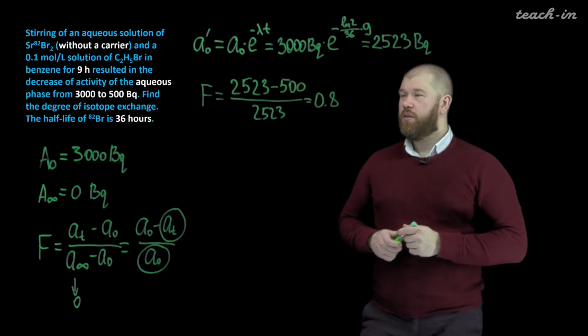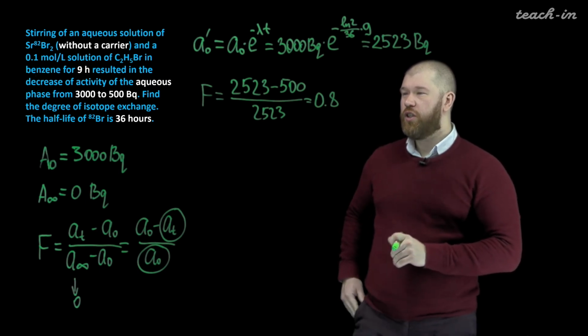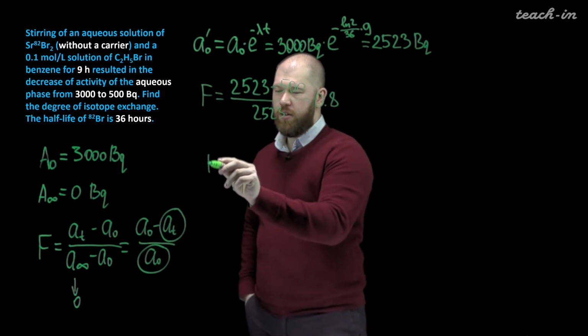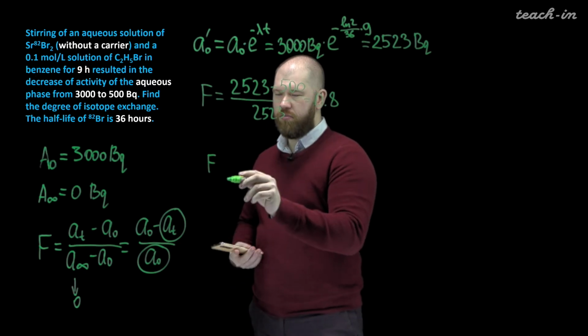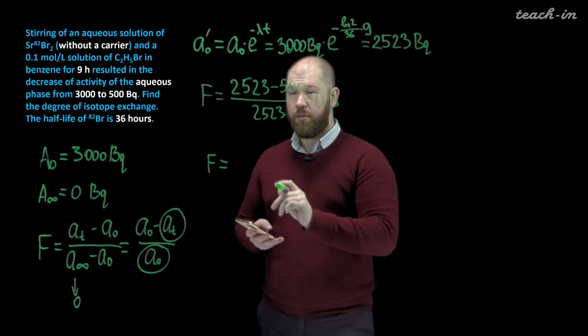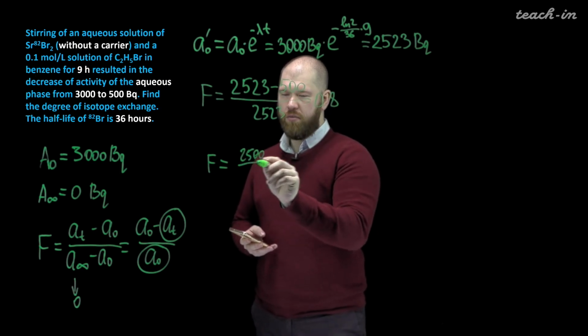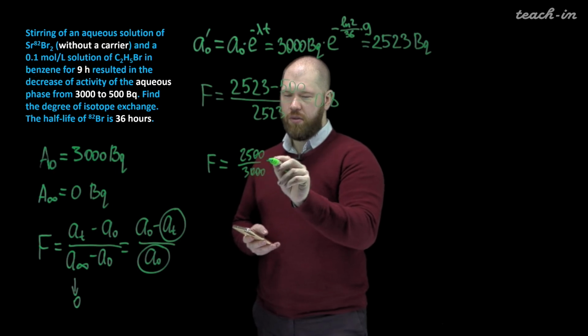If we didn't take into account this change in activity, we could get the wrong number, so it would be divided by 3000. It will be